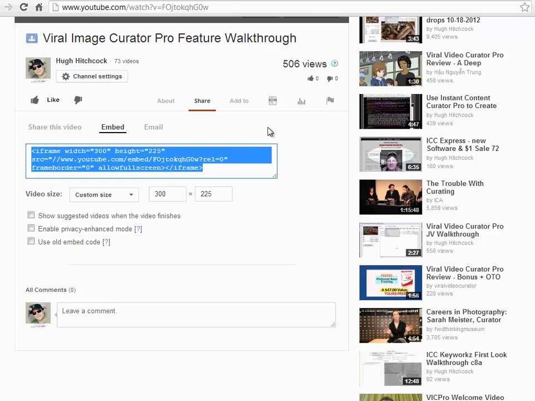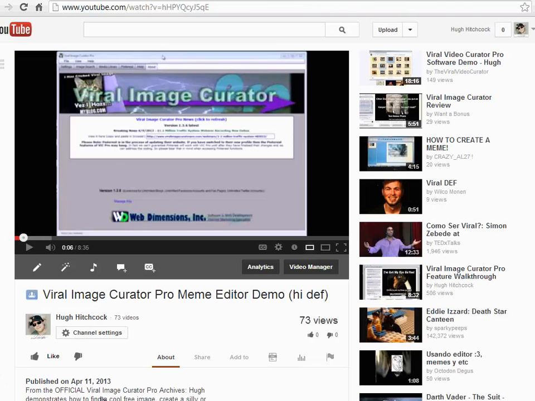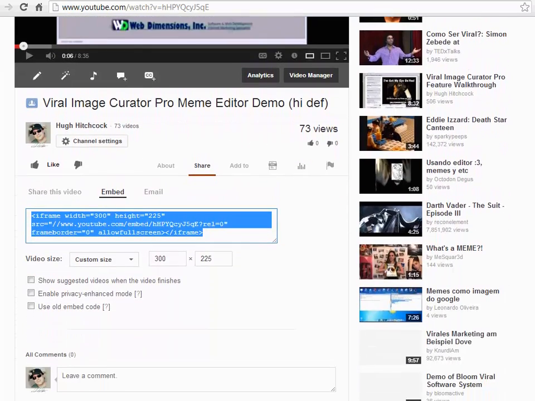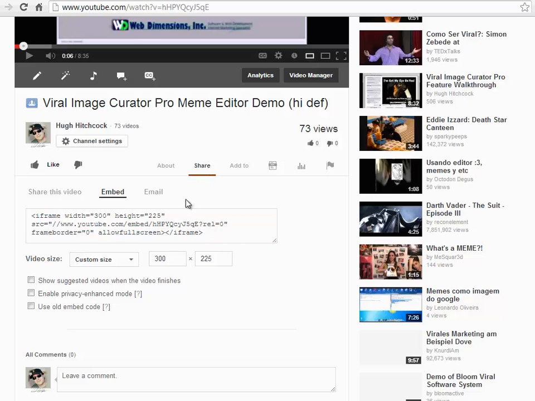I'll get the next one and I'll do the same thing: share, embed, custom size 300, and then I'll grab this. Oh, you can't see that. I'm really sorry. How silly of me. So what I'm doing down here is I click share, embed, and then this comes up, and then I change this to 300. I go custom size and then 300, and then I just grab this code here